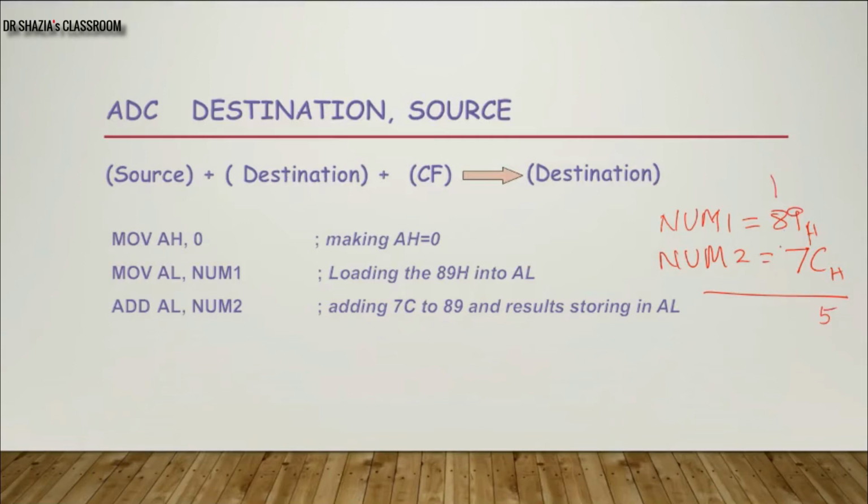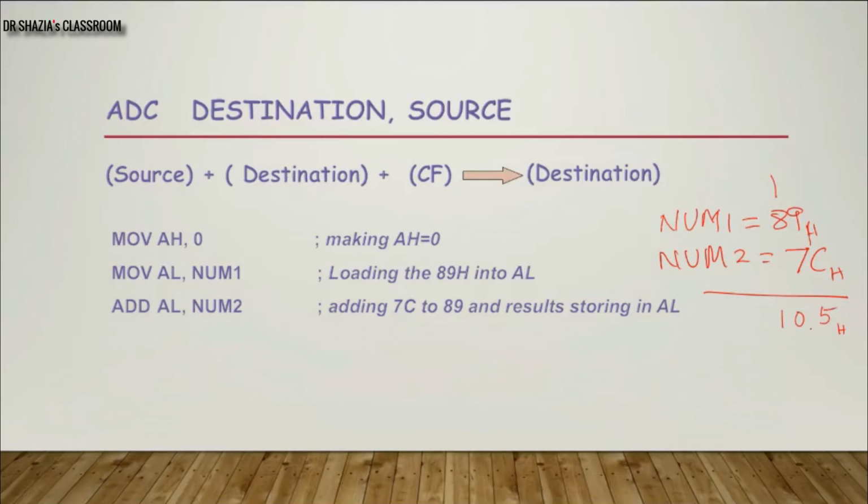Next, we are adding 8 plus 7 plus 1. So it will be 16, which is 10 in hexadecimal. So my result is 105 in hexadecimal. Now, when I added 9 with C, an auxiliary carry will be high, a carry is generated. Then in the second place, I need to add 8 plus 1 plus C, and it generates the result 105.